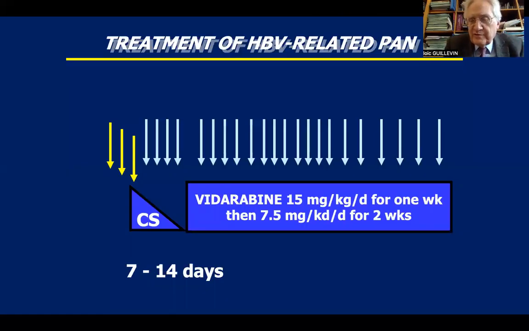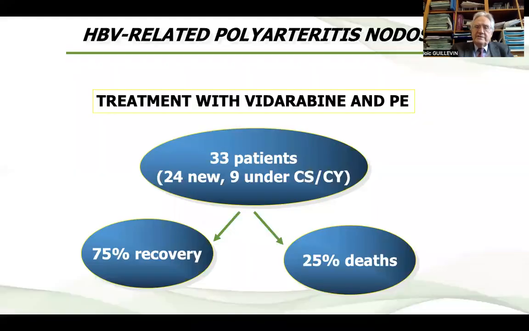I will show you the protocol that we initiated decades ago. At that time it was vidarabine, which is a very, very old antiviral treatment. Forget it. Nobody prescribes this drug now, but it was the first one. And we treated patients with pulse steroids. After only 2 weeks of steroids, we made a lot, the blue arrows, of plasma exchanges, at least 4 each week. And we gave the antiviral treatment. For this one, it was 3 weeks only. And we obtained a recovery in the majority of patients.